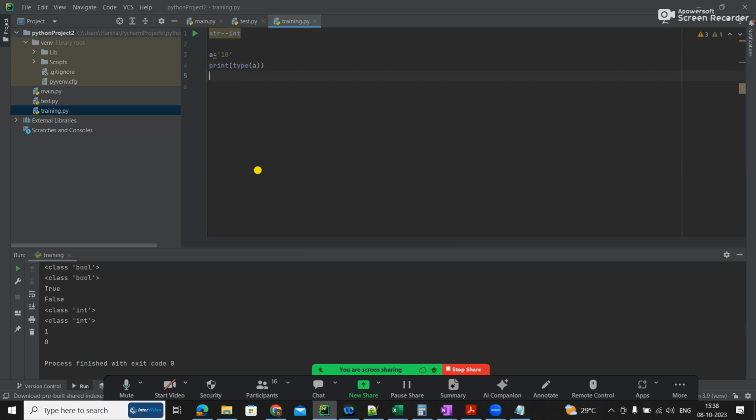Just tell me whether I am able to do this or not. And next you try integer to float and share the code. All are simple typecasting because there is no fun in me doing it. It's a straightforward thing. Just do these two things.